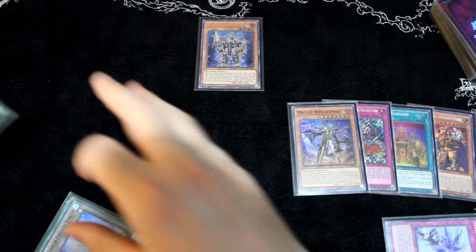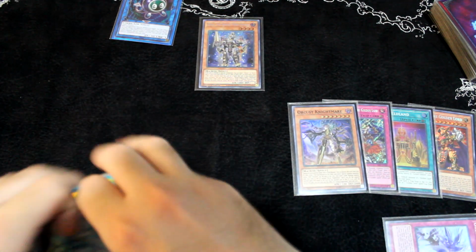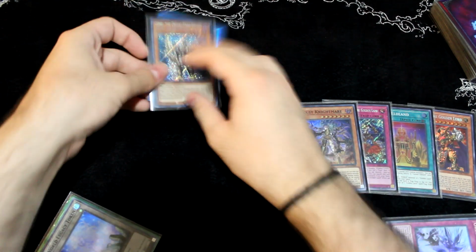Oop, I took it out. Sorry, I took apart this deck to test other stuff. To make the Link Karibo, because you need an effect monster. And you're going to link these 2